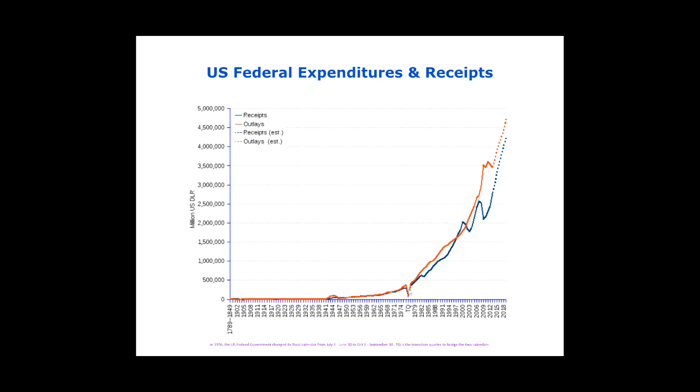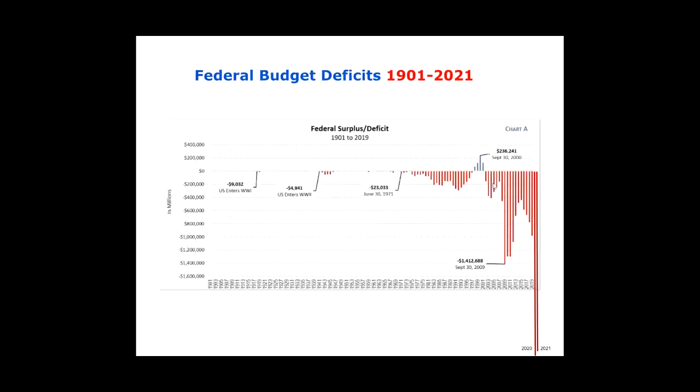beginning in the 1970s, two things you'll notice. One is the curve, instead of being flat, starts to ramp up dramatically. And then also the red line, the expenditures, is more than the blue line for most of that time, almost each and every year. And so since the 1970s, we've been in this kind of situation where we have deficits every year. And when we get into the 2000s, the deficits become big, real big.